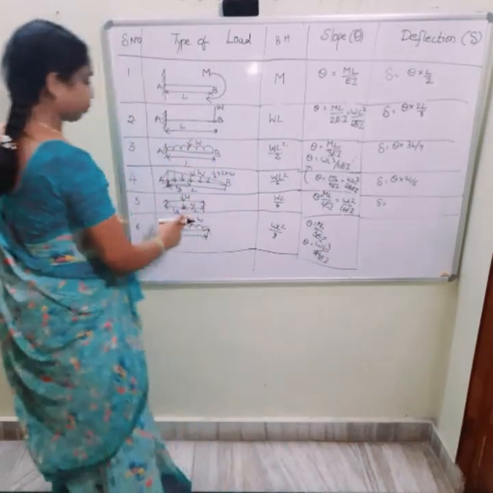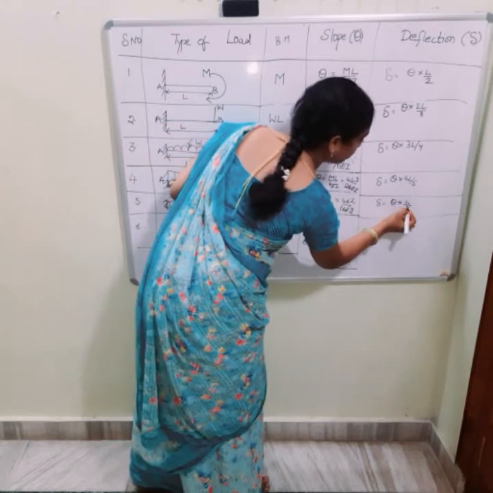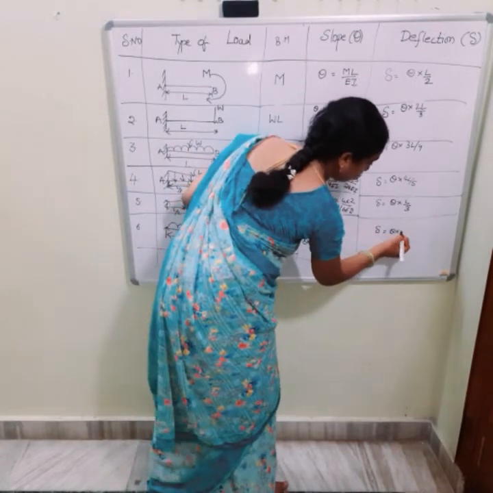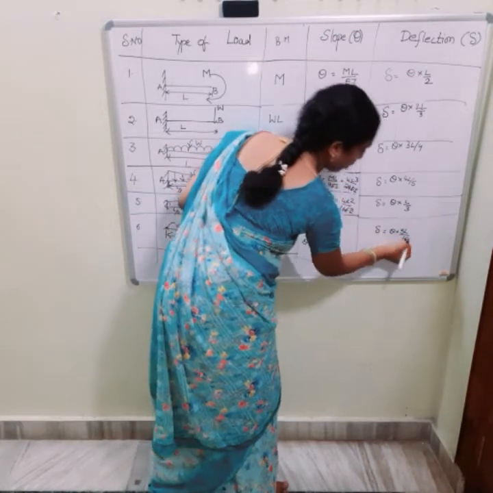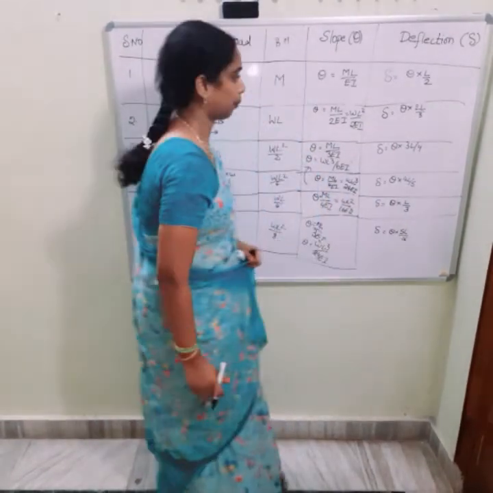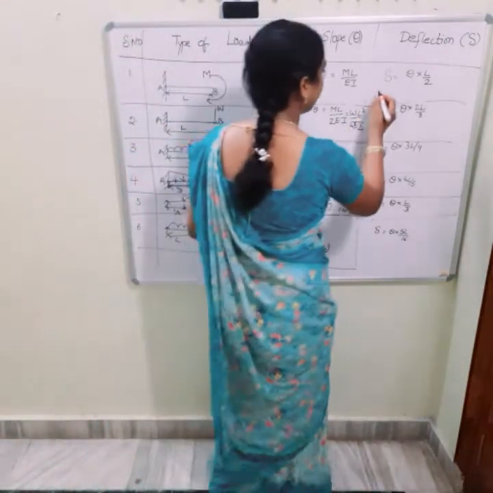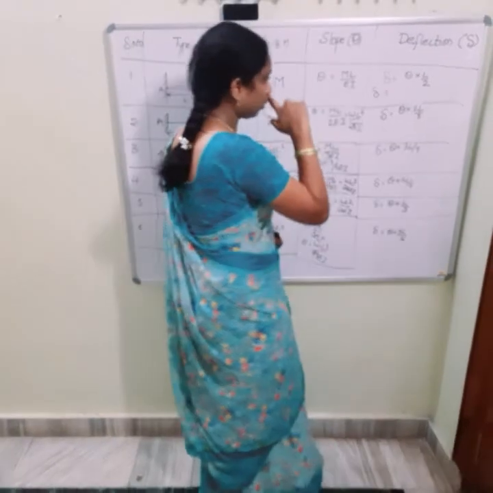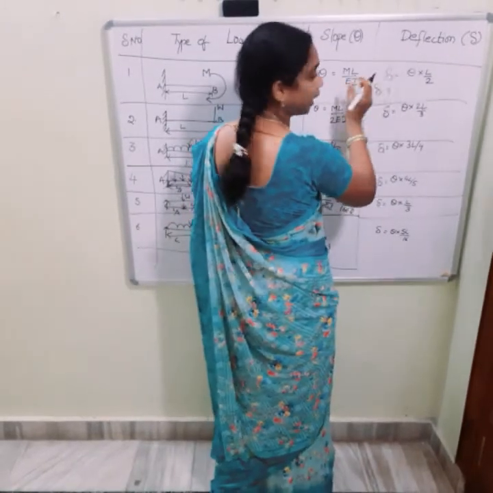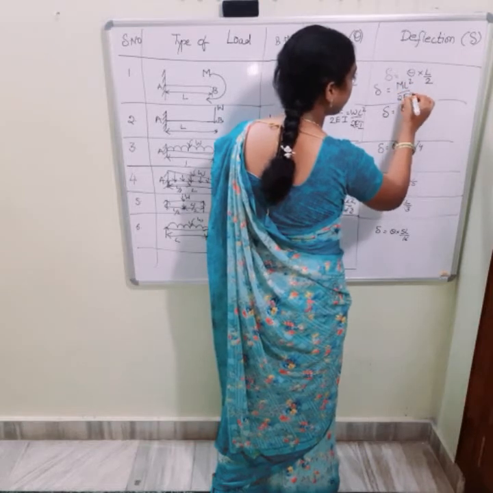For a simply supported beam, I am taking this one here, delta is theta into L by 3. You remember this one? L by 3. Here this one, delta is theta into 5L by 16. You remember these two. So here I am substituting the slope value in deflection. Delta is equal to theta, how much did I get? ML by EI, right? Substituting theta, it will be ML square by 2EI.